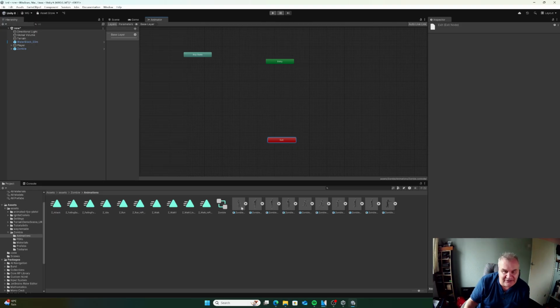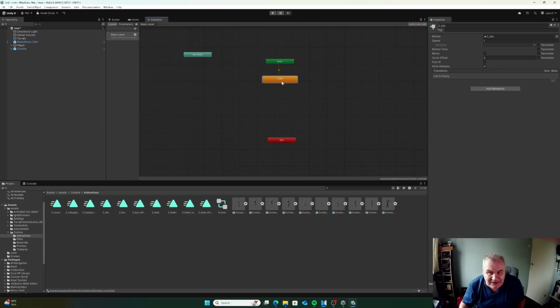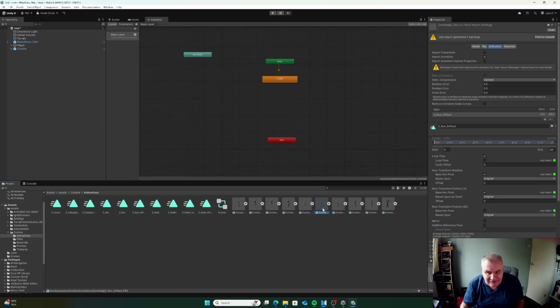So what we need is, if you look here, we've got all the different animation states. I'm going to find the right one, clicking on them, and they all have details here, only about idle. So I'm going to get the idle and I'm going to move it up there. So zombie idle is the first state, because the entry goes straight to idle. Next thing, we've got run in place. We can do run if we want, but I want